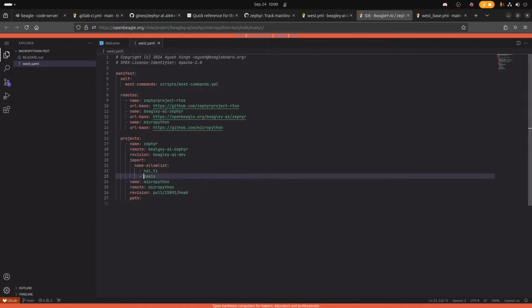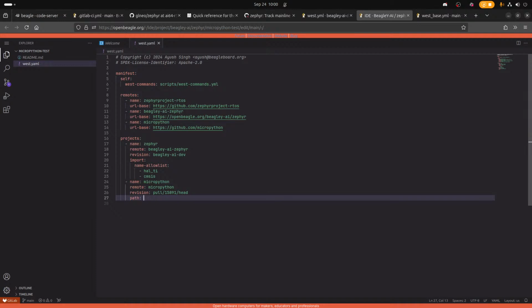No, we do not need a path. So BeagleY-AI dev, BeagleY Zephyr is the remote. So name Zephyr.